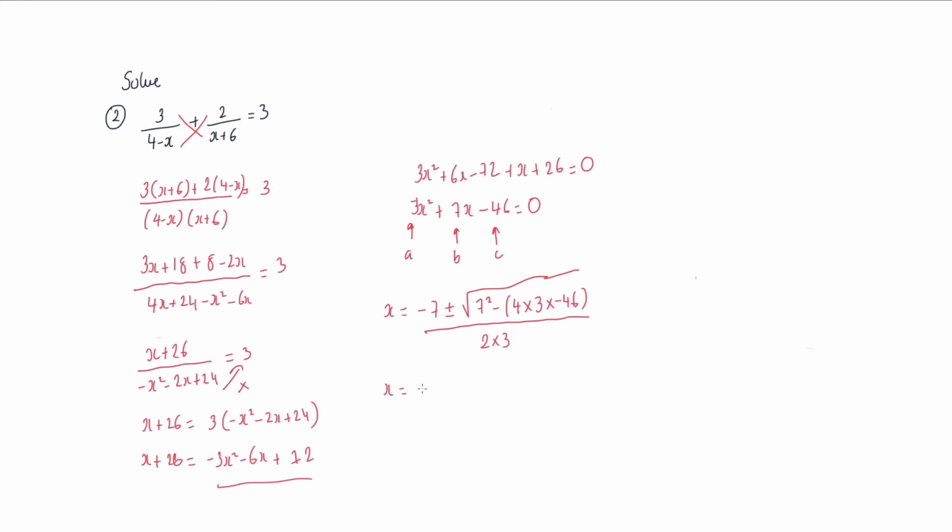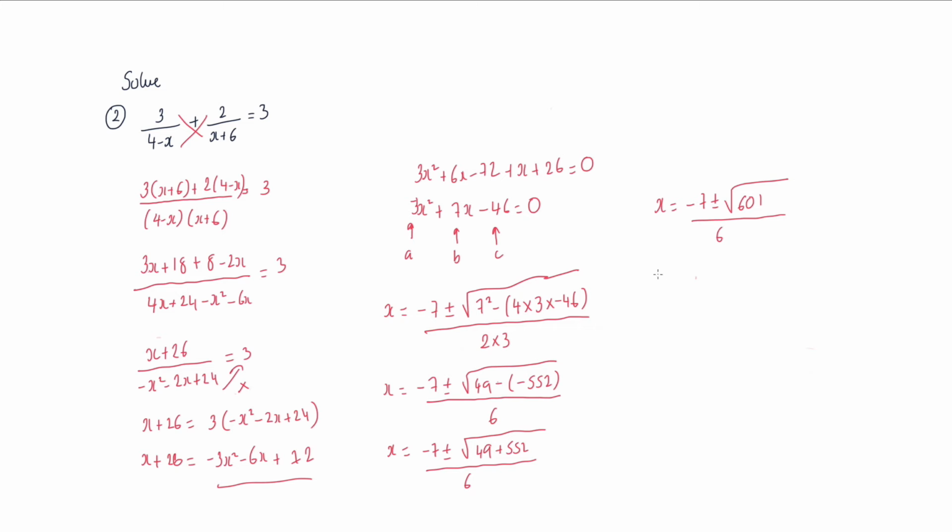So if we were to simplify that, we'll have minus 7 plus and minus square root of 7 squared, which is 49, minus 4 times 3 is 12, 12 times 46 is 552. So careful, minus 552, over 2 times 3, which is 6. So x equals minus 7 plus or minus square root. Now remember, minus times minus gives you plus, right? So you're going to have 49 plus 552 over 6. So if we simplify that, minus 7 plus and minus square root of 49 plus 552, so that's 601